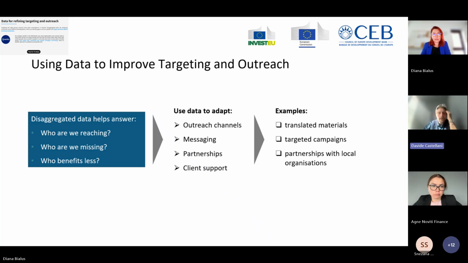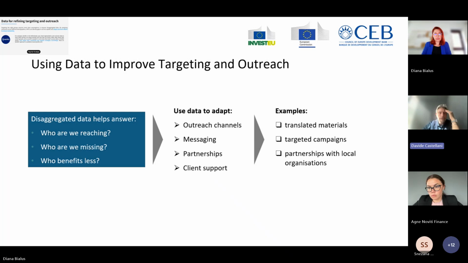And so the steps are, again, to disaggregate outcome data by key demographics, identify gaps and unserved groups, and adapt outreach strategy based on insights. For example, flexible application processes. For some clients, women, Roma, you mentioned, for others, your application processes might be a barrier to some extent. Not for all of them, but for most of them. And so maybe you can make minimal changes to understand how you can make your products more accessible for them.